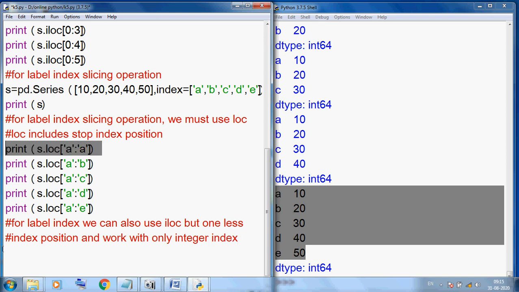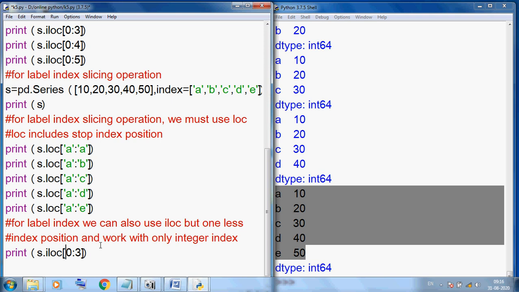So we can do Control C, Control V. Here I am using again 0:3, but here we must use iloc, because iloc only works with numerical index. It does not work with our label index.